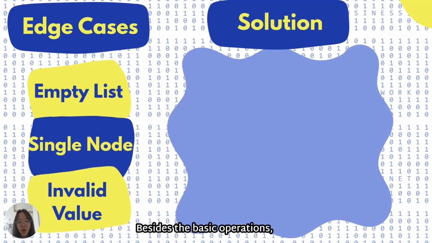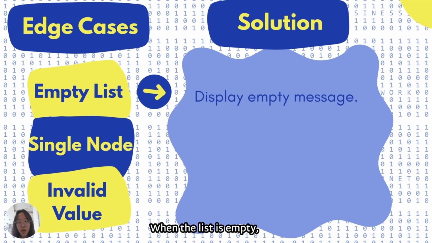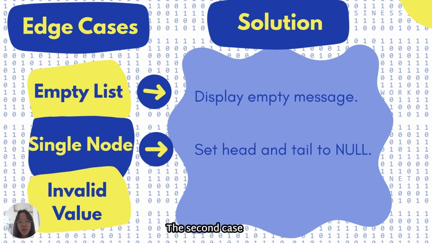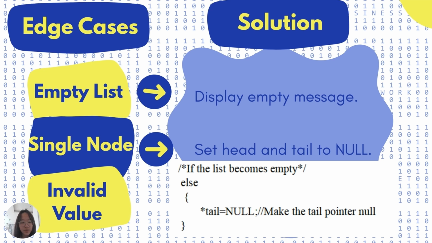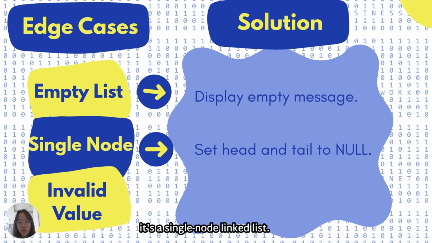Besides the basic operations, the program also handles several edge cases. When the list is empty, the program displays an appropriate message instead of performing invalid operations. The second case is a single node linked list. After deleting the only node, both the head and the tail pointers are updated to null, indicating that the linked